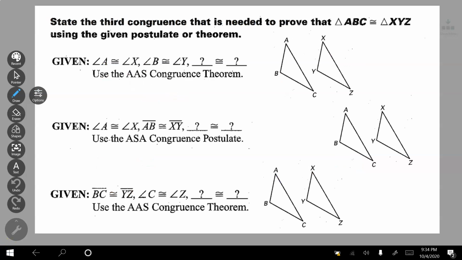So it's asking me to show what else needs to happen to get angle angle side. So I have angle A is congruent to angle X. So that's right here. A is congruent to X. Angle B is congruent to angle Y. And when I do angle angle side, it is 2 angles and the side not in between. So here are the 2 angles. AB is in between here and XY is in between here, so I could use any other side. I could do AC. I could do AC is congruent